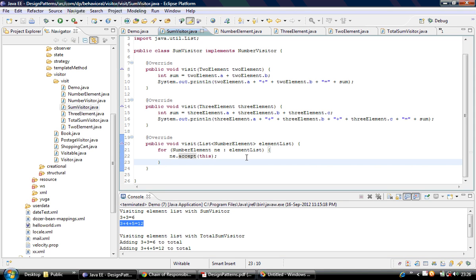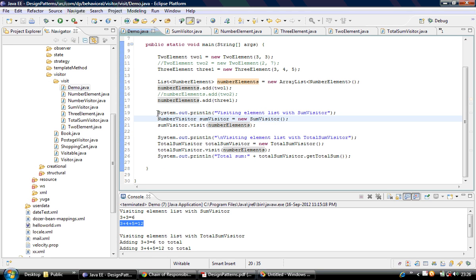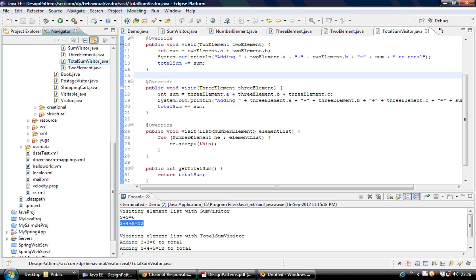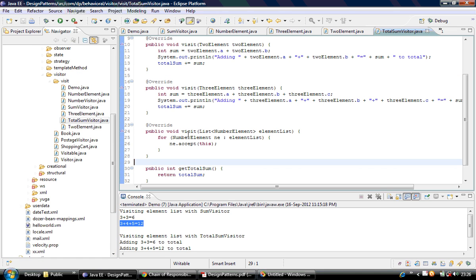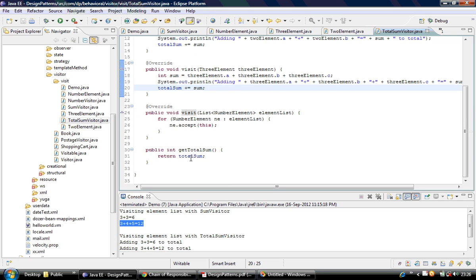Now let's see this demo. One part is done. Next I am creating the TotalSumVisitor class and calling the visit method. It goes to TotalSumVisitor, calls this method, which in turn calls this one, and after that this one. Finally it returns the total sum,